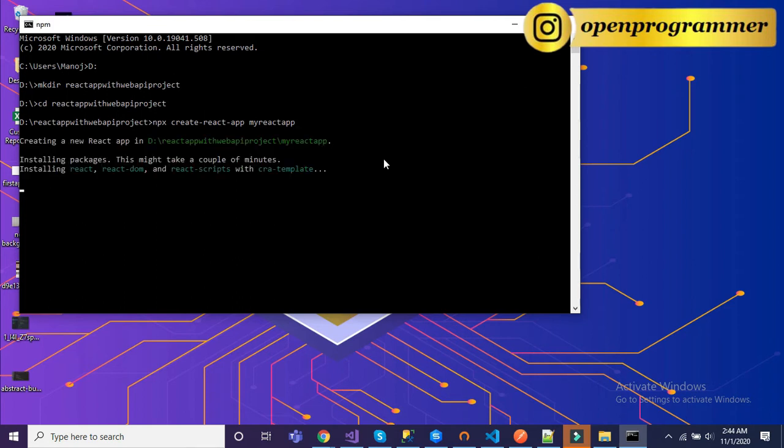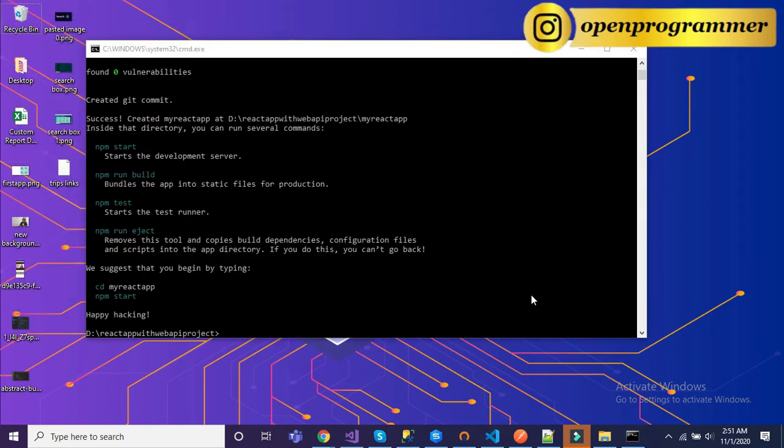So it will create our complete application having all the files and folders and other stuff, all the dependencies, all the environment like Node.js. It needs some time to create all these dependencies, so let's wait for a while and then we'll proceed with the rest of the video.